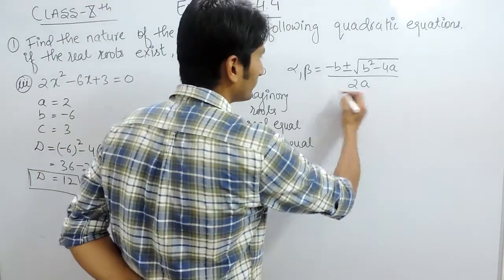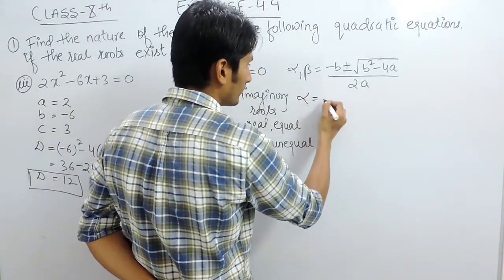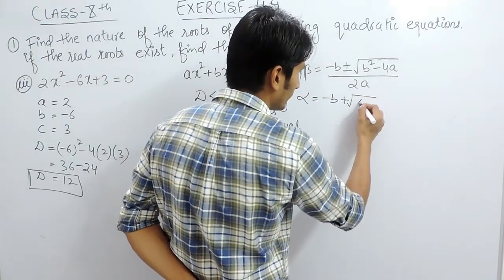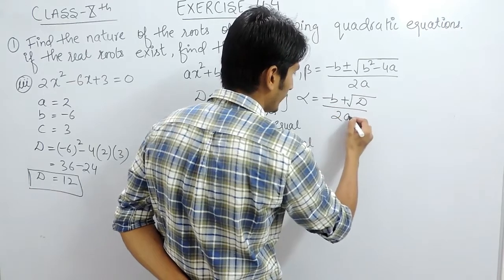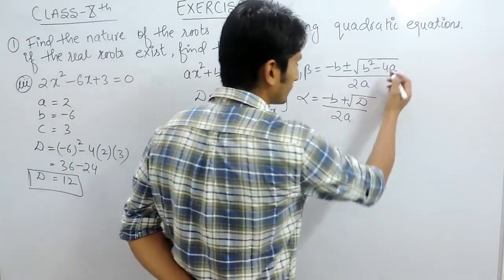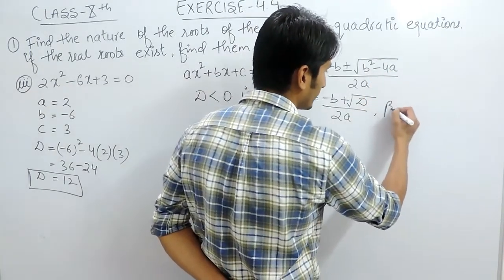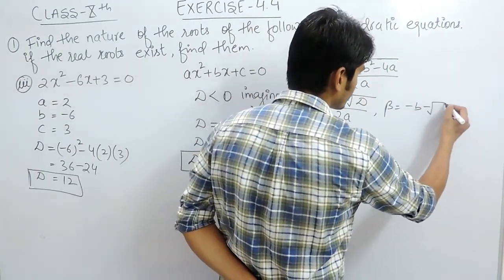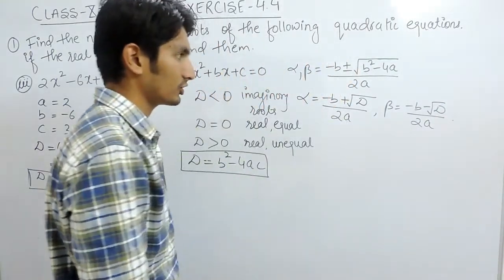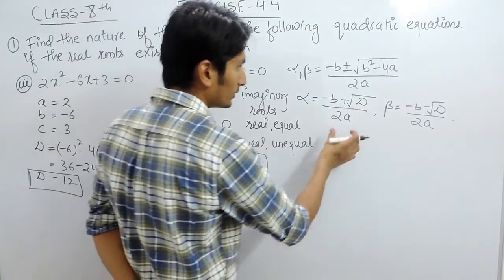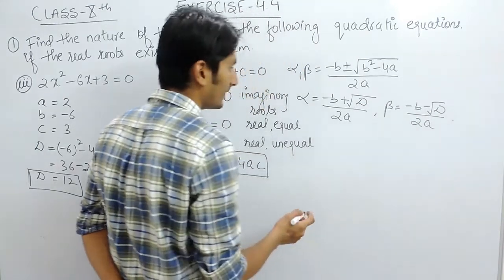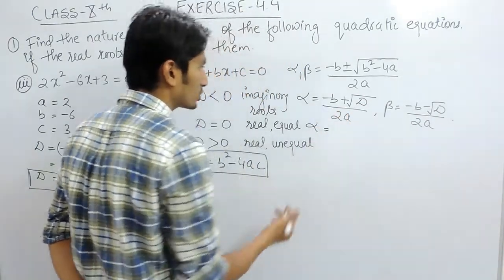We know that for that we have this formula. The first root will be minus b plus under root D, whole upon 2a. Here b square minus 4ac is basically D, the discriminant. So in place of this we can write D, and for the other root the value will be minus b minus under root D, upon 2a. The only difference between these two is the sign between b and the discriminant. So we can now substitute the values.